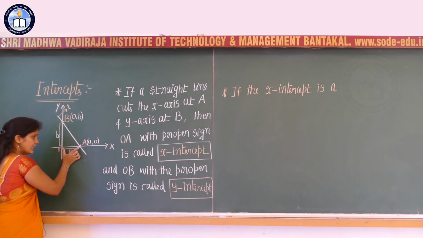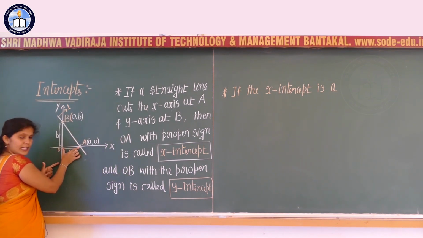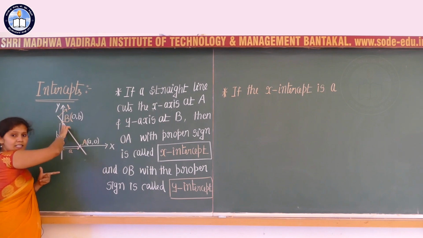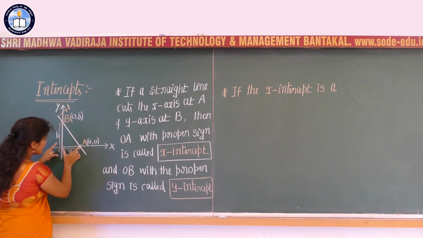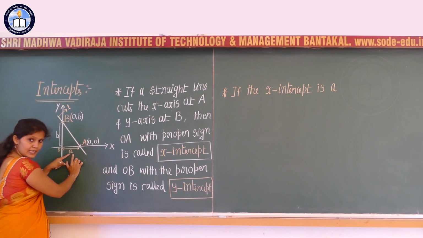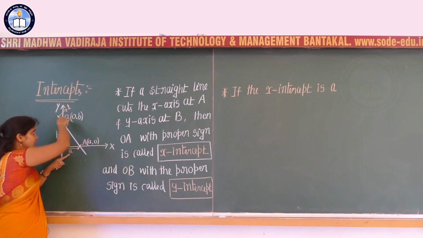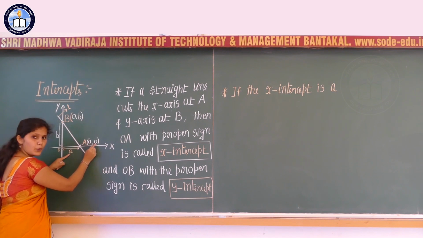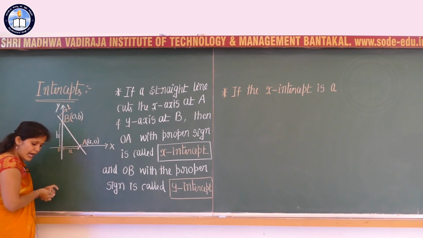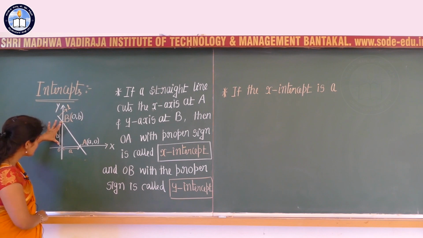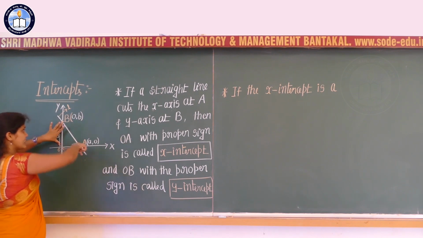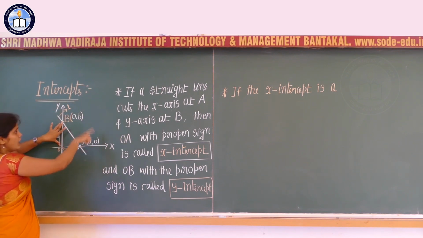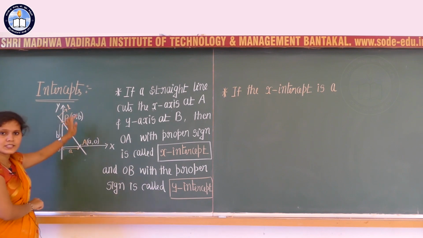Here I can say that this is the x-intercept, OA, and this OB I can consider as the y-intercept. If the x-intercept is A, then the given line L passes through the point A, 0, and if the y-intercept is B, then the line L passes through the point 0,